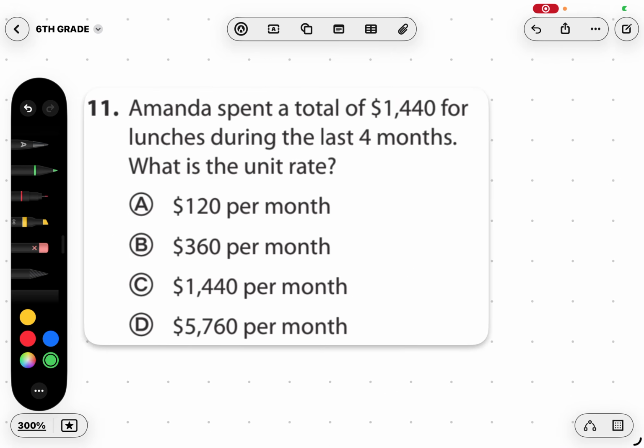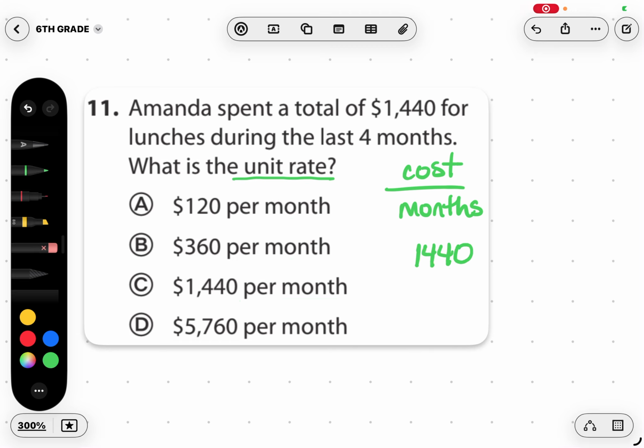Number 11. Number 11 reads, Amanda spent a total of $1,440 for lunches during the last 4 months. What is the unit rate? So all of these say dollars per month, dollars per month, dollars per month. So we already know that we need to put the cost on top, the dollars, and months on the bottom. Okay? So that would be